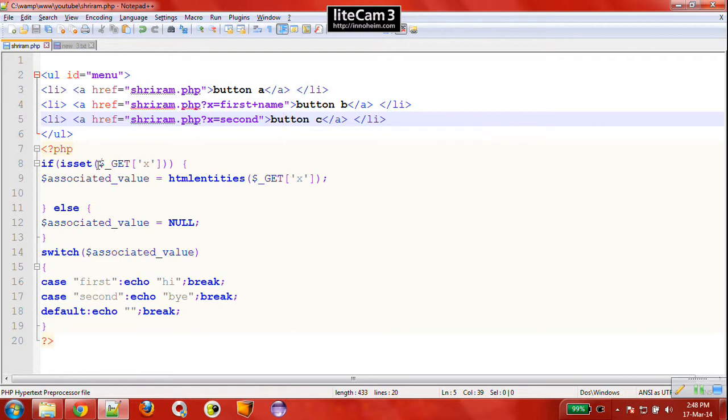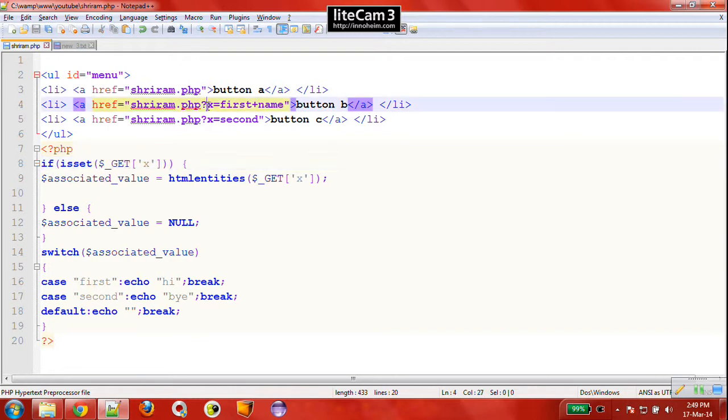As soon as a request is sent to the server with a URL, it will decode the URL. It will decode the value of X from here, and suppose there are more variables, it will store X, Y, Z, all the variables in its super global $_GET array. If we want to retrieve a variable from there, we just reference the array with the name of the variable.